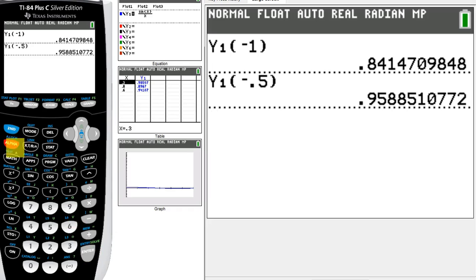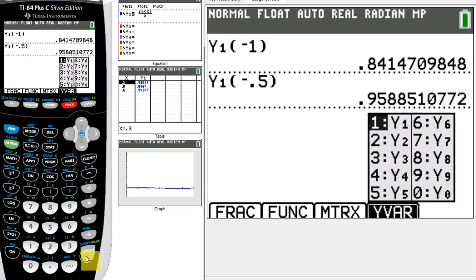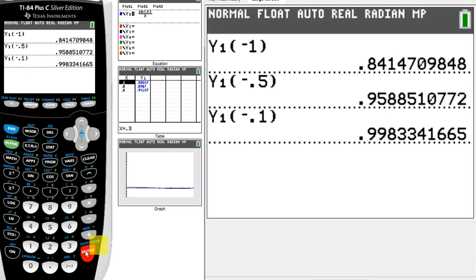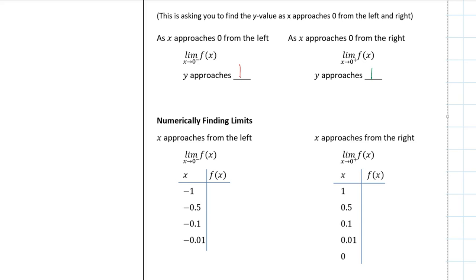And I'll do one more here, alpha trace, number 1, and we'll do -0.1. Okay, and I can continue to do that with as many values as I want, but you'll notice that these values, as x approaches 0 from the left side, are getting closer and closer to the value of 1. So if we were to actually fill in the chart, we would get